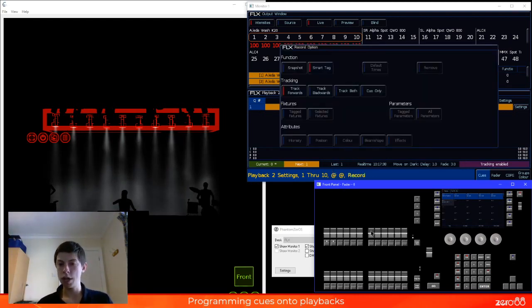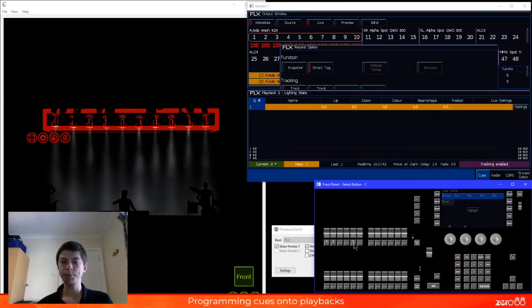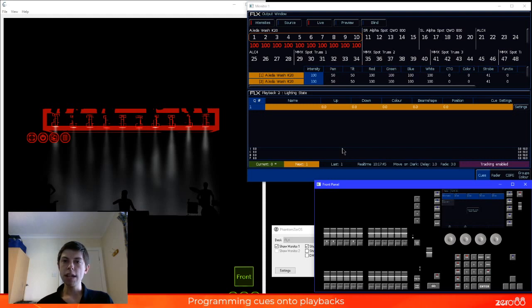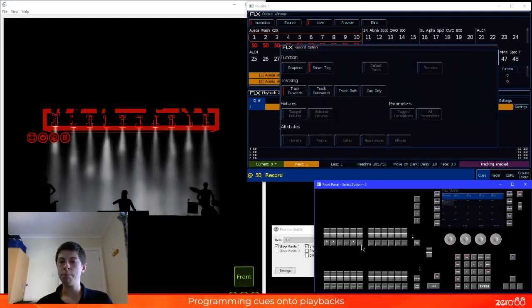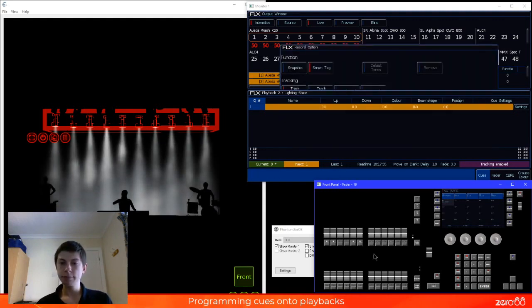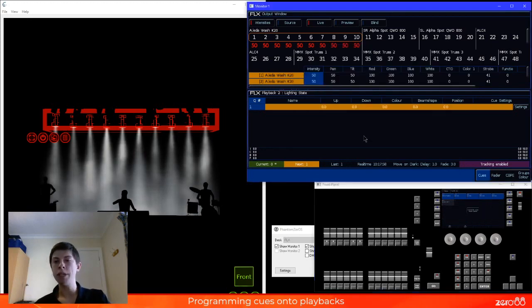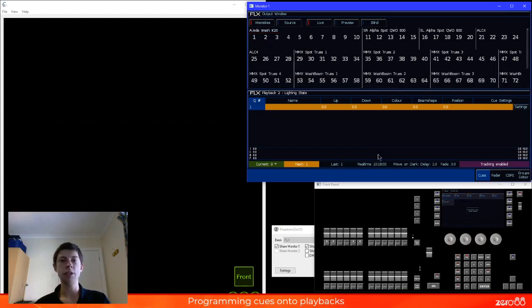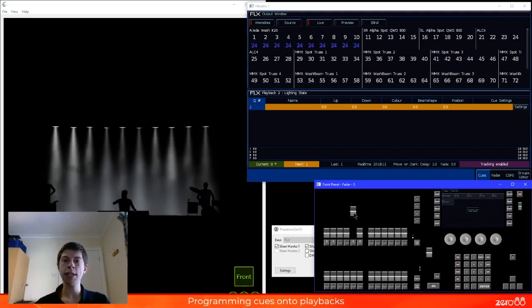So I'm going to tap record, and I'm going to store that onto playback fader number 5. Okay. And I'm going to just do another lighting state. I'm now going to go in and say at 50 enter, and I'm going to record that onto playback number 6. And again, as you'll be used to doing by now, give a double tap of clear to clear selection, clear out your red values. And now we've done that, I have 2 lighting states here, a lighting state here and a lighting state here,